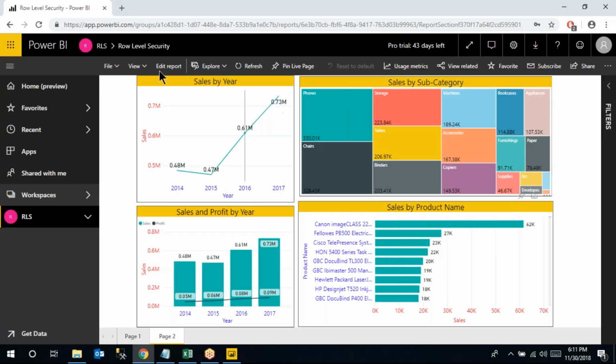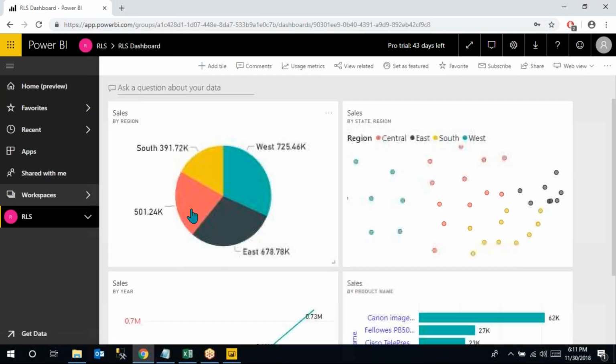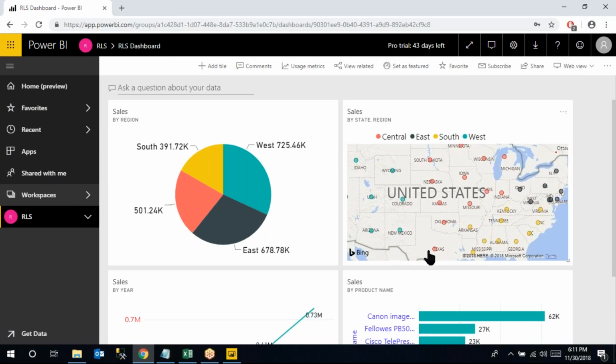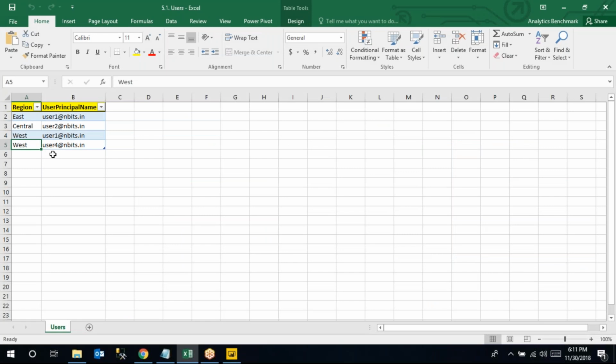Fine. So now go and see your dashboard. This is the dashboard which I created and pinned the visualizations from the report. It contains 4 visualizations, and it is showing complete information for all the 4 regions. Now my requirement here is, when I share that report and dashboard with user 4, he just wants to see